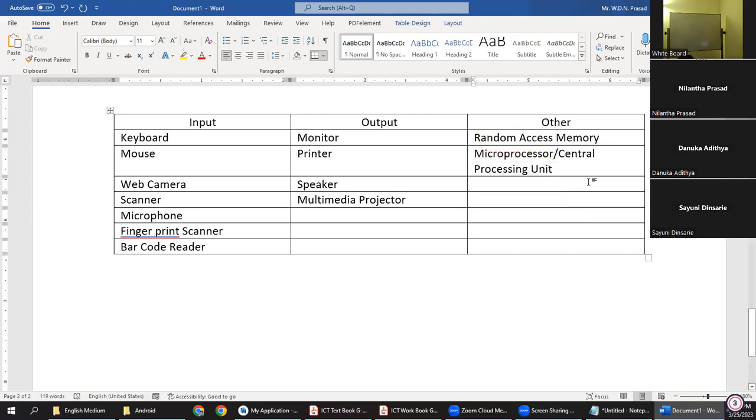Then there are so many other things we can put, because you are not aware of certain things here. We can also put the motherboard as well, but it does not belong to any group. This motherboard is the one that interconnects all these other components. So we can fill it like this. So if you have done it,